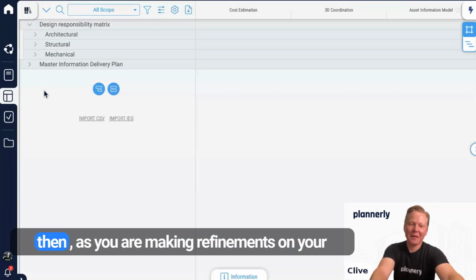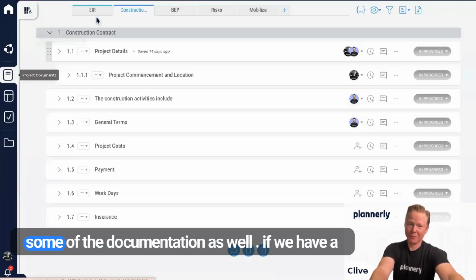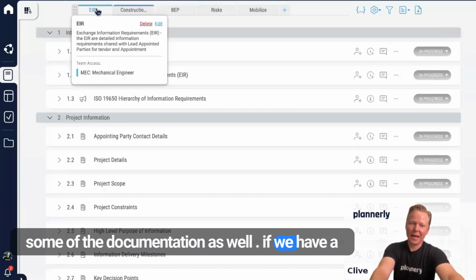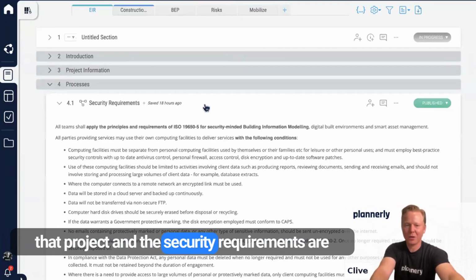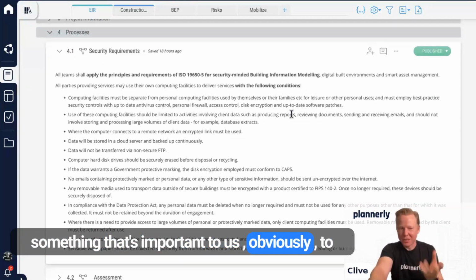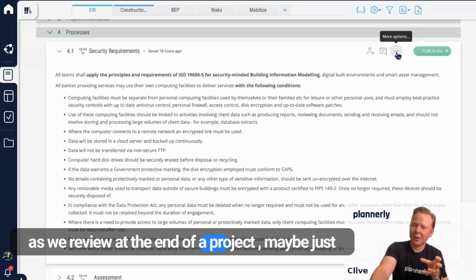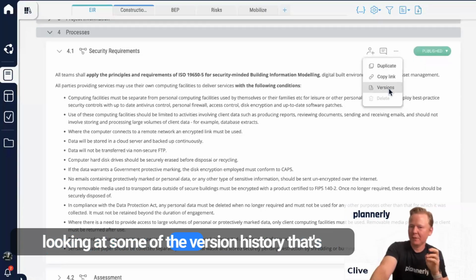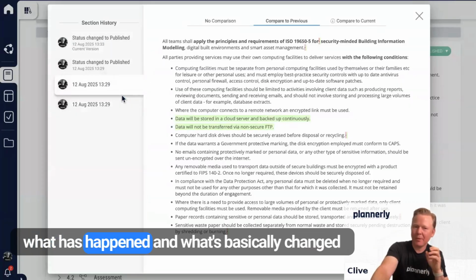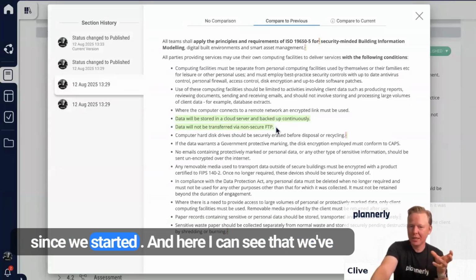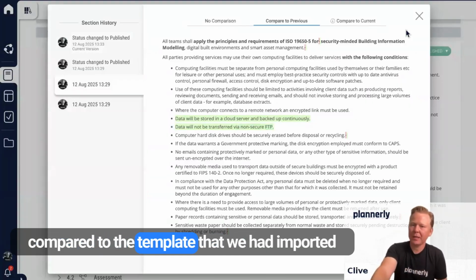Super cool. Okay. And then as you are making refinements on your project, you actually will be making updates to some of the documentation as well. If we have a project and we start to review what's happened on that project, and the security requirements are something that's important to us, obviously, to update project by project as things change. And as we review at the end of a project, maybe just looking at some of the version history that's automatically tracked for us, we can see exactly what has happened and what's basically changed since we started. And here I can see that we've added 2 extra line items compared to the template that we had imported